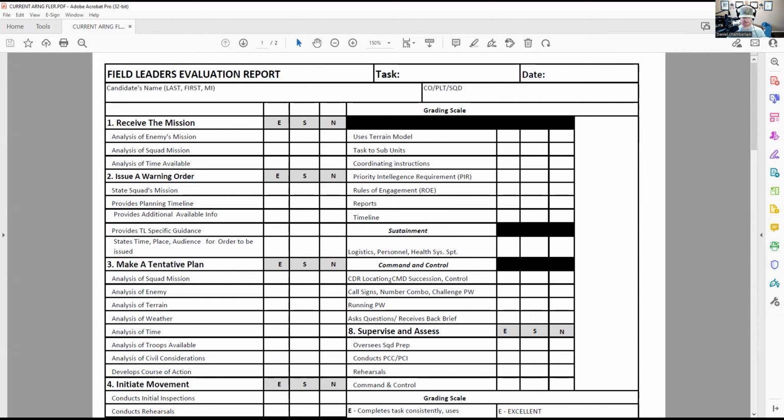When you signed at the very beginning of OCS and said that I will complete all tasks that are assigned, this is what you're saying you'll do, okay? You're saying that you will get all these boxes checked, a go, and you'll get out of here with a go or a no-go. Well, a go or an S or an E, I should say. So we'll cover some more of these at other times.